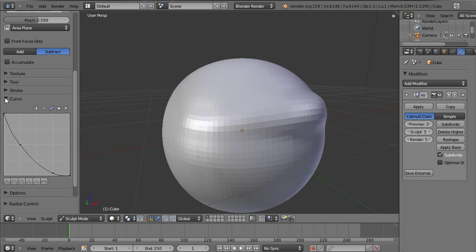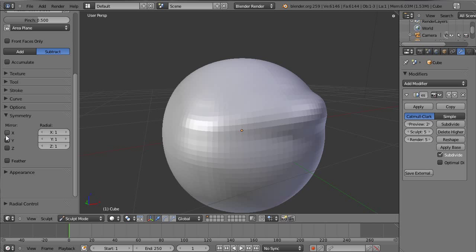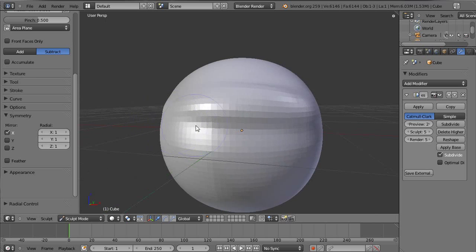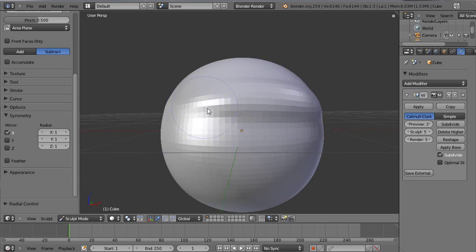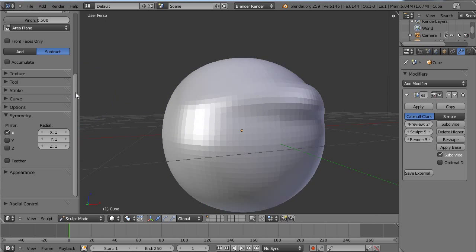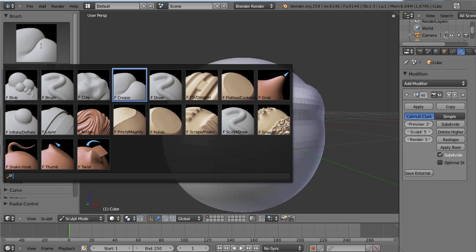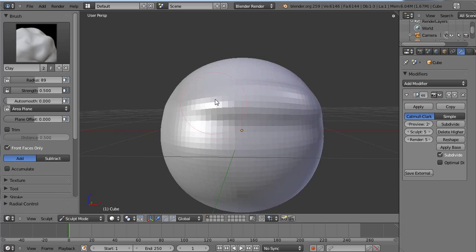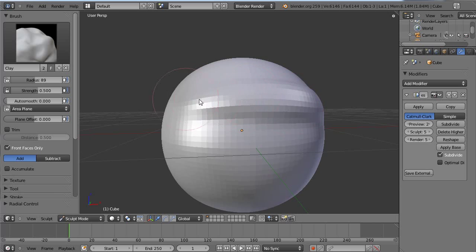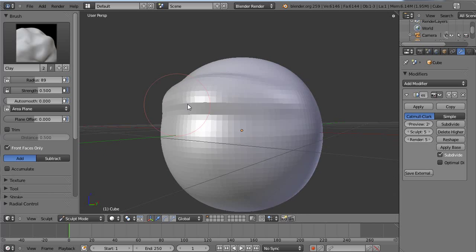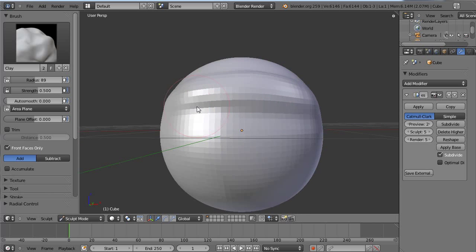You can adjust that on the fly and get some neat looking effects. And I'll turn on X mirror symmetry, and that'll give me something a bit more symmetrical, hopefully. As you're sculpting, it keeps everything symmetrical. So yeah, that's about right now.